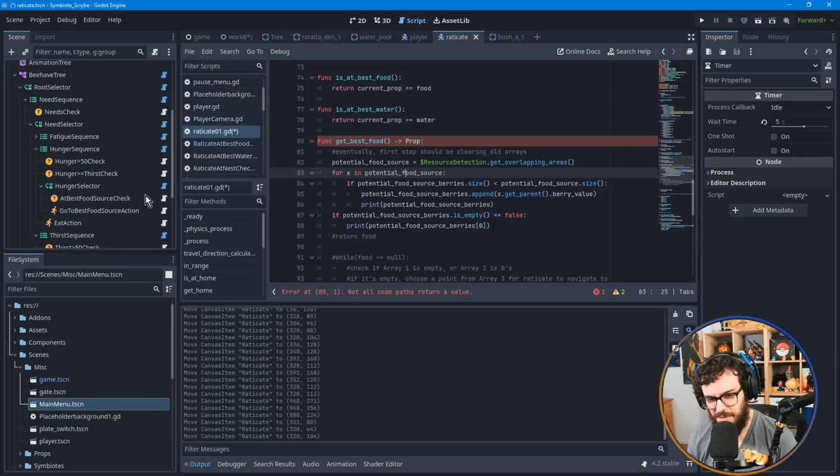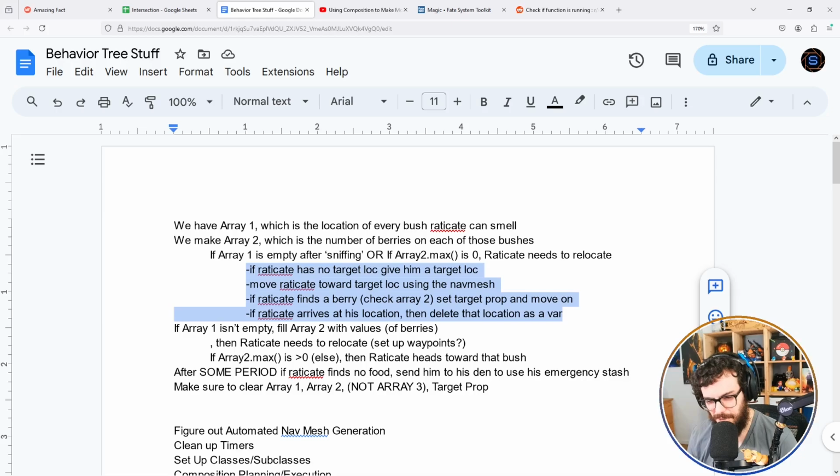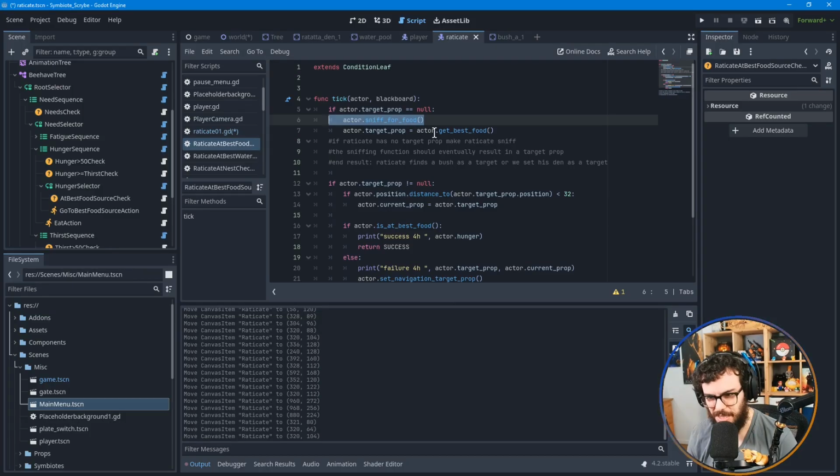Okay, so what we specifically want to do is look at the best food source, and we're gonna have him sniffing for food all the time, for sure. And then I guess maybe we call this like finding food. Because we want this to continuously happen unless we have a prop set. And I think that's already kind of set up. Right, because this is only if we don't have a prop set. So